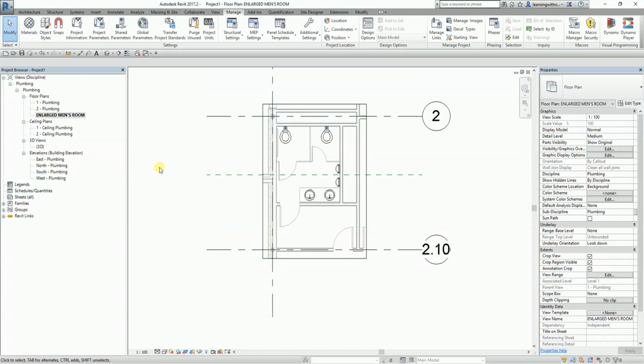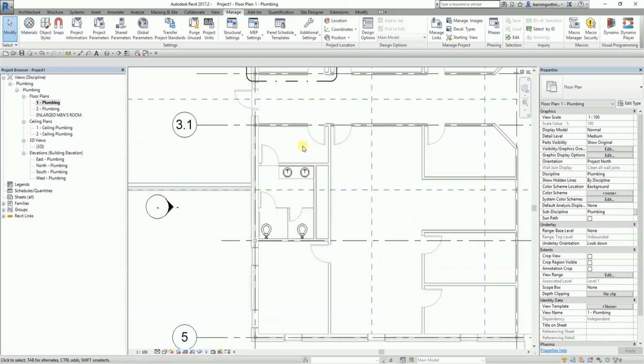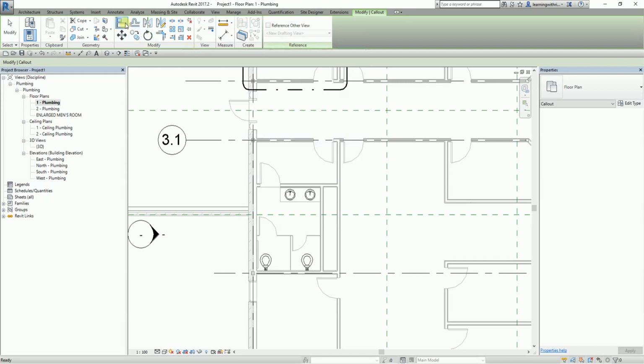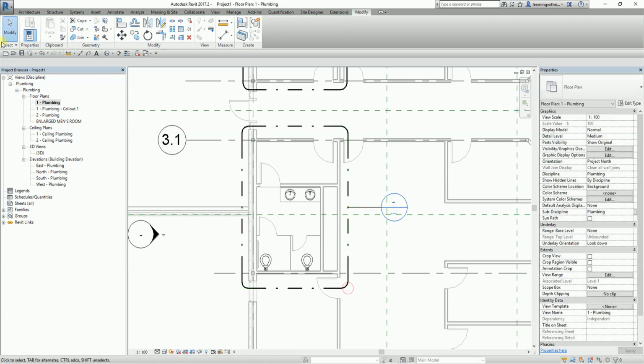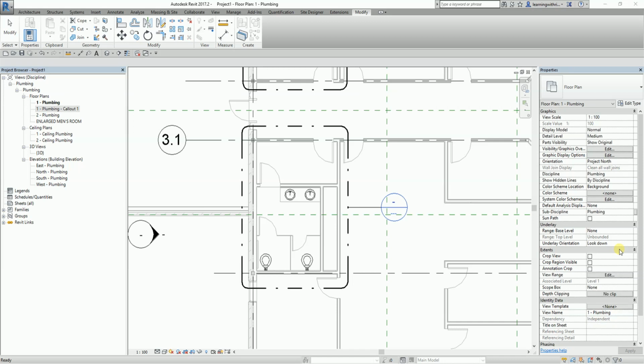Then let us try to create another callout. So I select this one. I'll create another callout here. View, callout. I pick from here to here. Okay, so there's the callout. So you can rename that however you want. Okay, and the next thing that we're going to do,